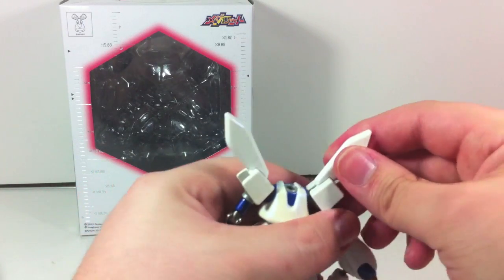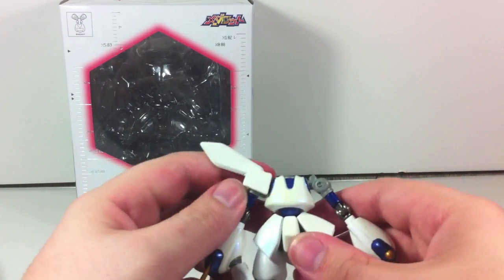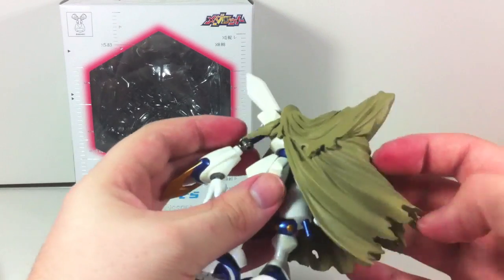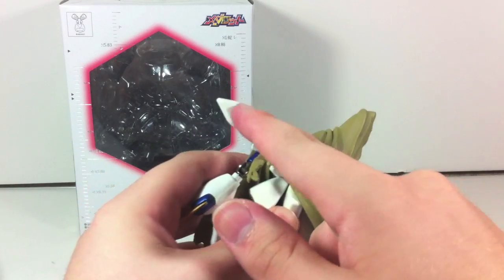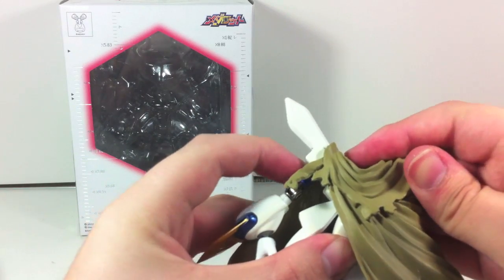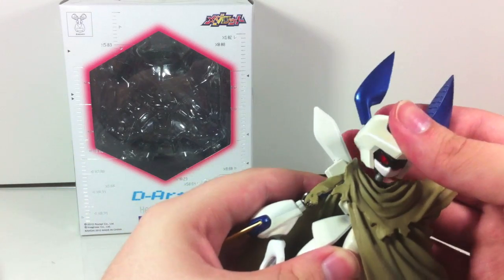You're going to have to take this shoulder pad off. So just pop that right off. Not really a big deal or anything like that. Put the cloak on. The cloak is sculpted to where that shoulder pad piece looks like it's in, but it's not. I'm not sure why they just didn't hollow out that space for the shoulder pad. But